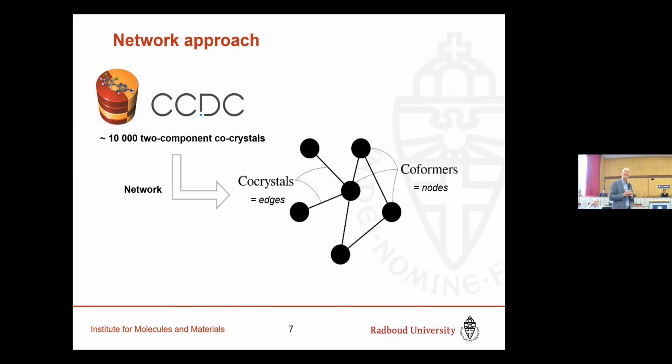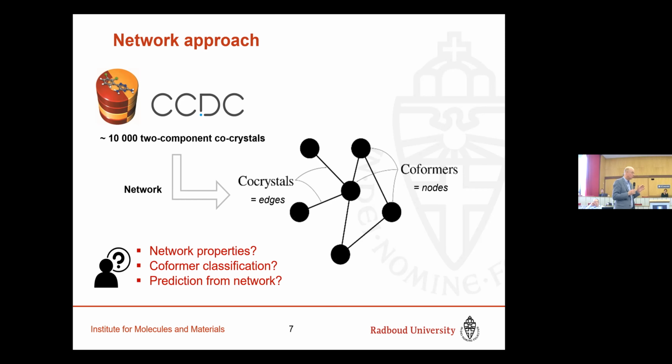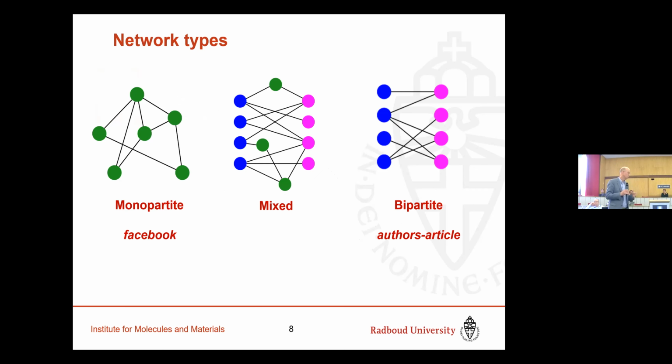And if there's an edge in between, then the combination is a co-crystal. So it's a nice way of representing all the co-crystals in the system. And there's a lot of network science, right? Networks are important. I mean, social networks, all kinds of networks. So you can actually learn from this environment about how you can treat this and how you can predict co-crystals using this knowledge. And so this is, so you could say, a crash course in network science, and it's also where my knowledge is exhausted immediately.